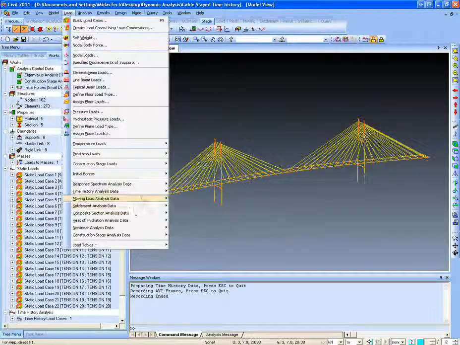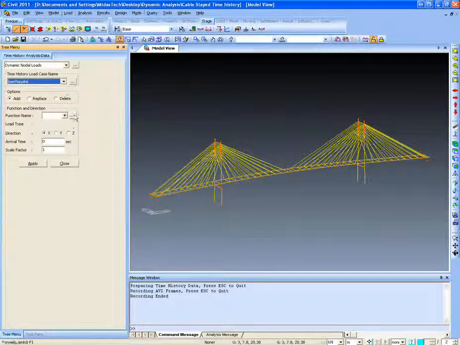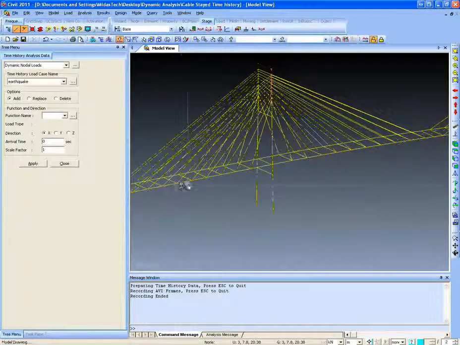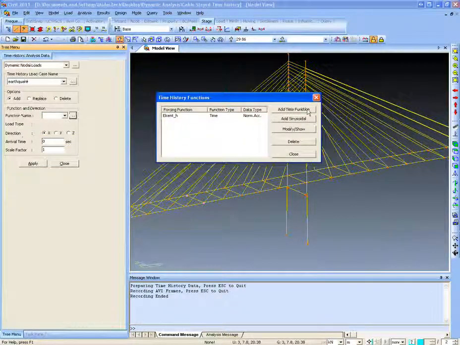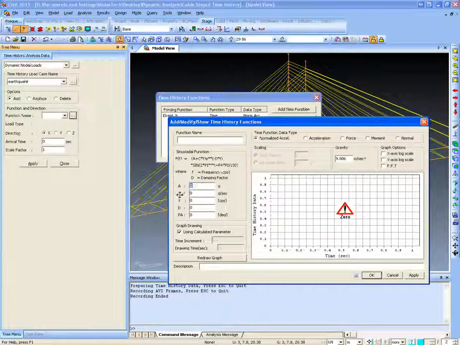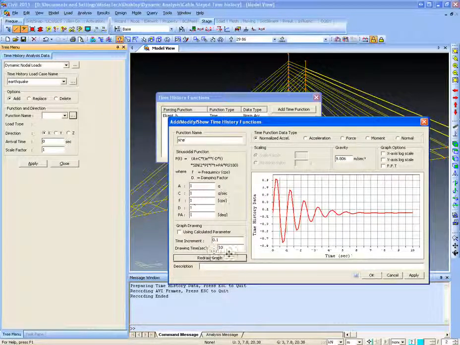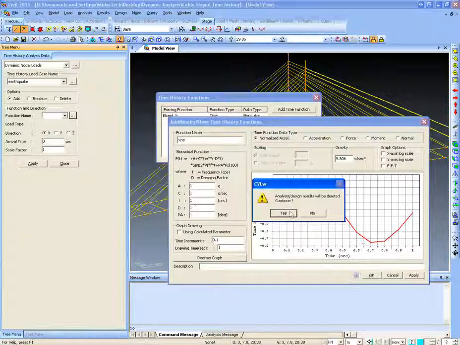Now I can specify the dynamic nodal load. So the dynamic nodal load, let's say I want to simulate the moving load analysis for time history analysis, then I can specify the vehicle load at the specific points, and I can add either a sinusoidal function where I can specify the values as how the force varies with time, so I can specify the sinusoidal function,